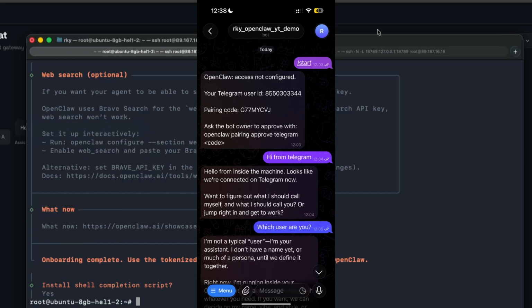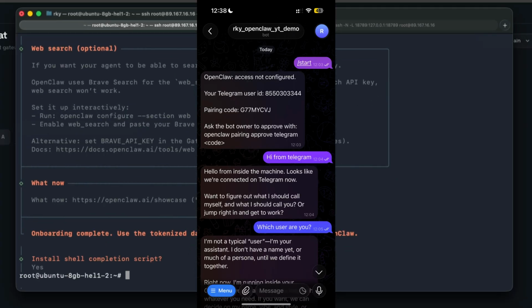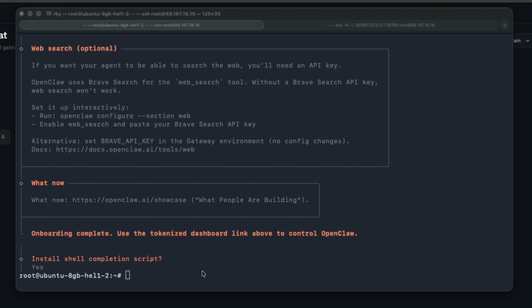So to pair the code, we need to approve the Telegram. So we need to run one command,